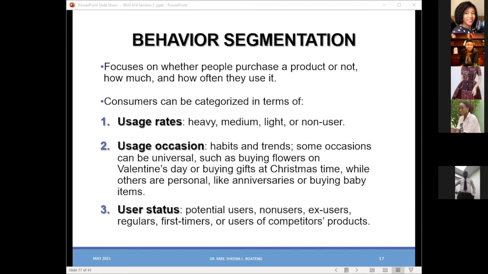For instance, when it's Valentine's Day or getting closer to it, certain products become heavily used. Examples include